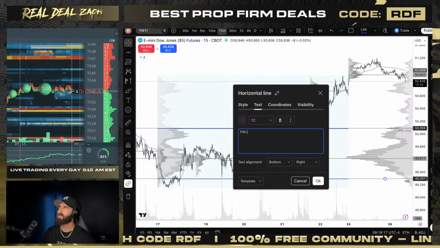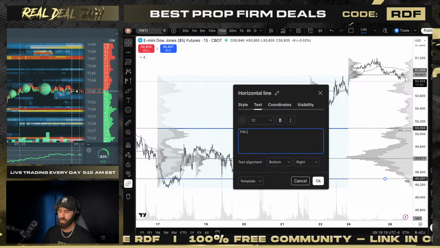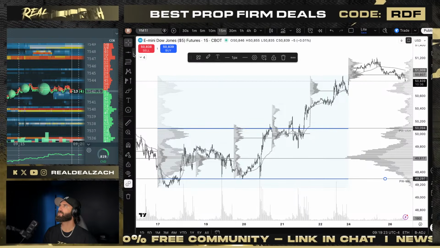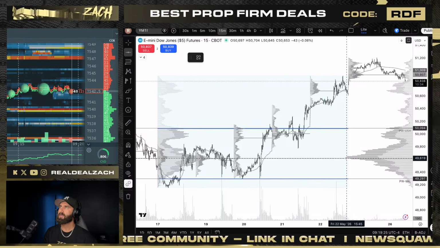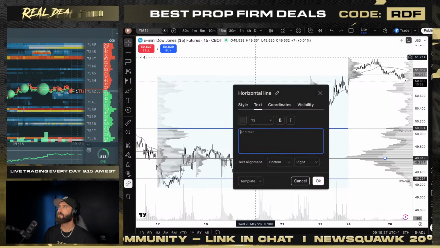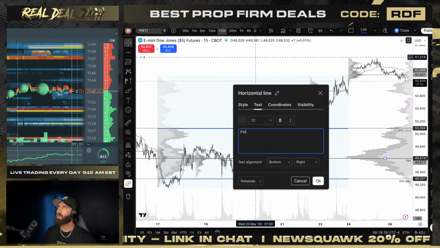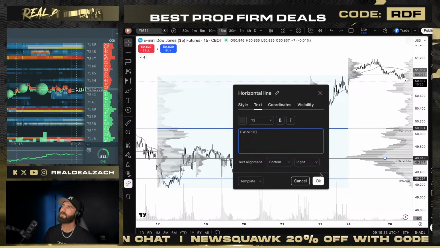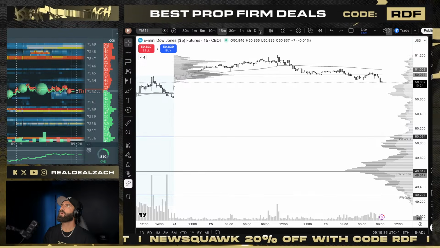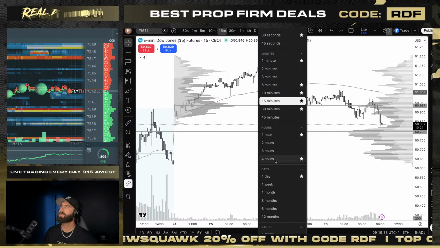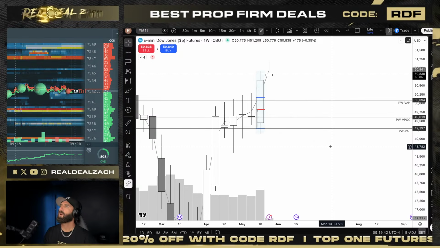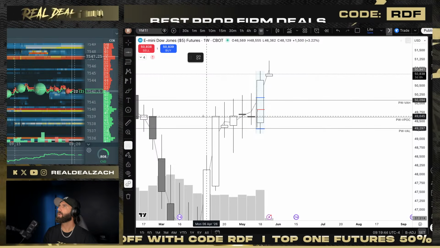I find these levels to be interesting to watch outside of my discretionary levels, which we're going to mark up next. My chart markup's pretty damn simple here, guys. We like to keep it stupidly simple. The important one, prior week VPOC, volume point of control. And then we can come right off of the weekly chart and mark off our prior week high and our prior week low.